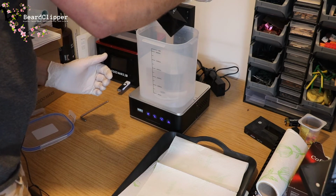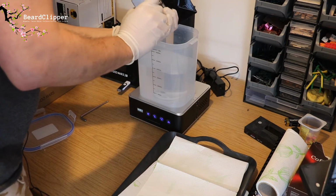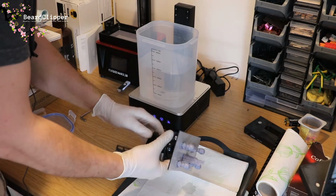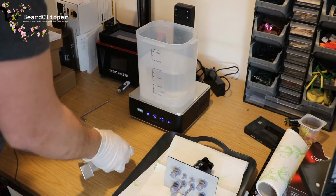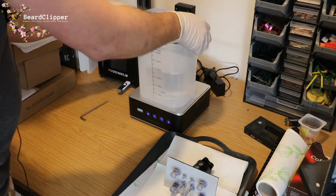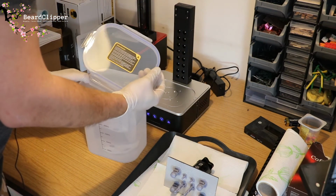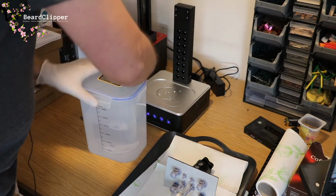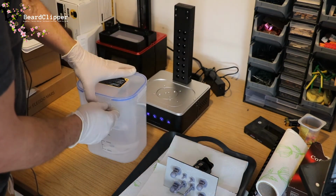There's no point in letting that sit to dry when it can go back in the pot. Then we're going to unscrew the build plate and put this to dry just on a tray here. That is as far as we go for now, because we need it to be dry before we can come to the cure. The final thing to do is to pop the lid on this alcohol, because this will now stay sealed,